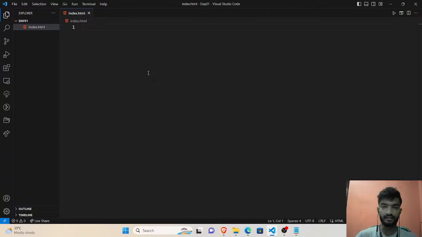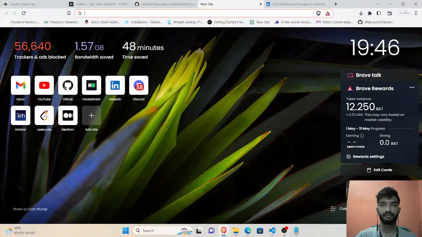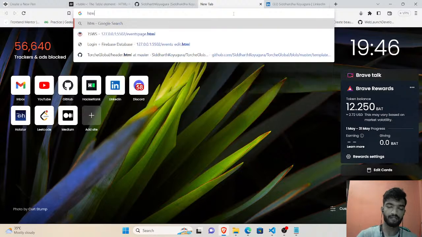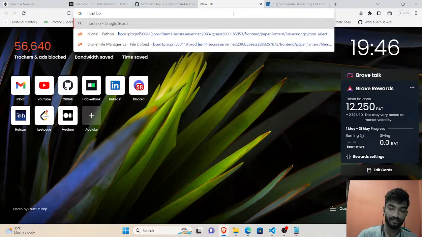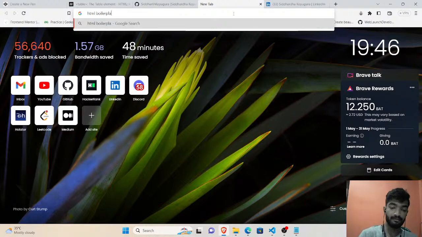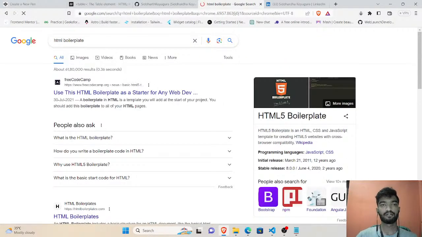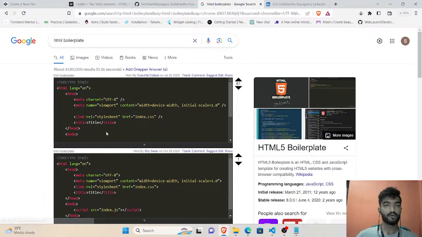So for HTML also, there is a boilerplate. Let us check. HTML boilerplate. This is the boilerplate, guys. It consists of the main html tag, the head tag, and inside the head tag there are meta tags, link tags, and title tags, and the body tag.